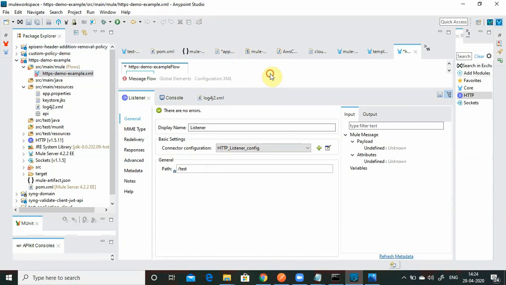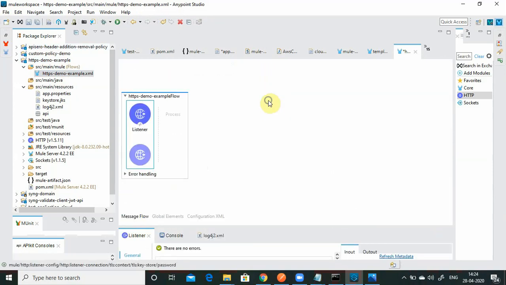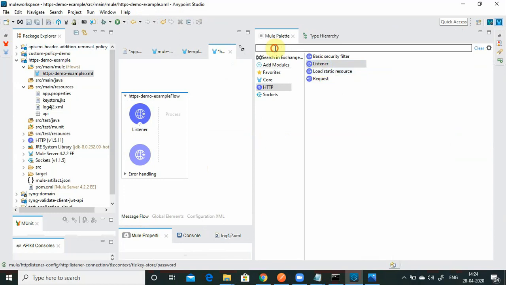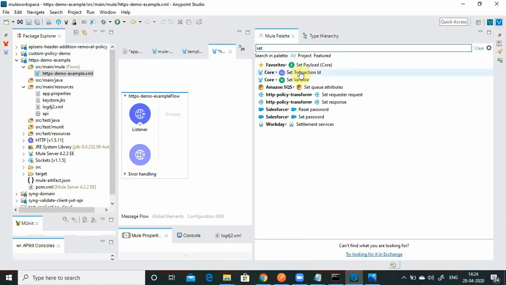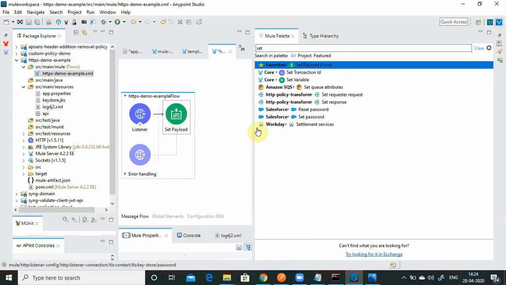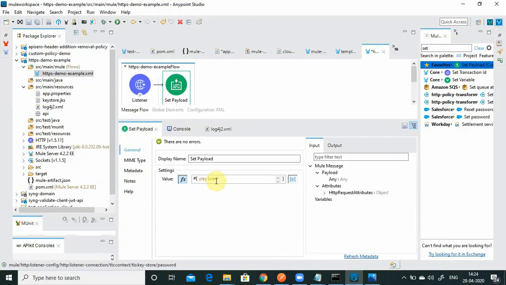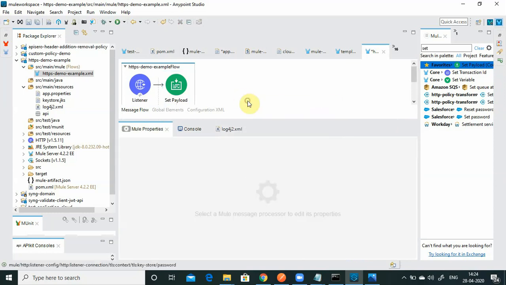That will be enough. I will just set payload, and in payload I can say tested, and simply run the project.